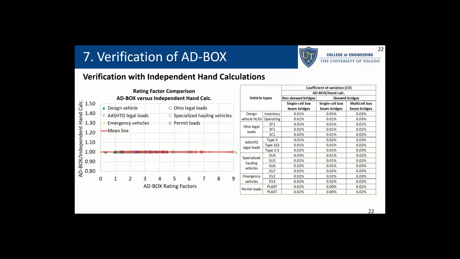So these are the verifications for the remaining vehicle types. We can see the chart on the left. AdBox rating factors are on the horizontal axis, and the ratio of rating factors of AdBox to independent hand calculations is on the vertical axis. We can see the red line as the mean line, and each point represents a vehicle type, the 15 vehicle types specified in the ODOT BDM. For each vehicle type, the ratio of rating factors of AdBox to independent hand calculations aligns perfectly with the mean line. So this indicates that the values calculated by AdBox are aligning with the values from the